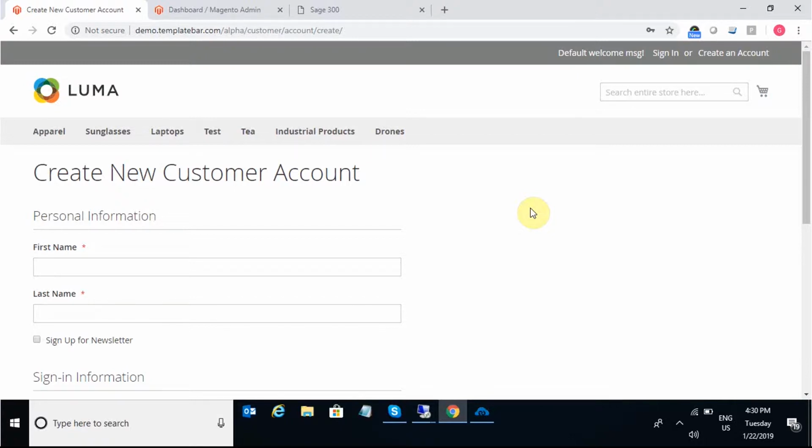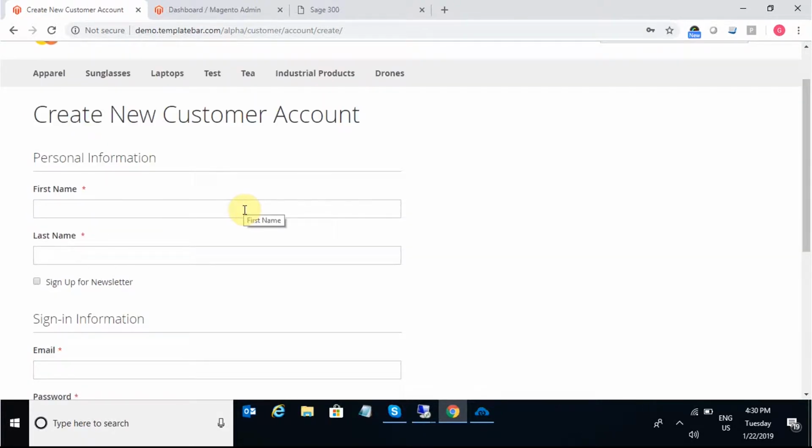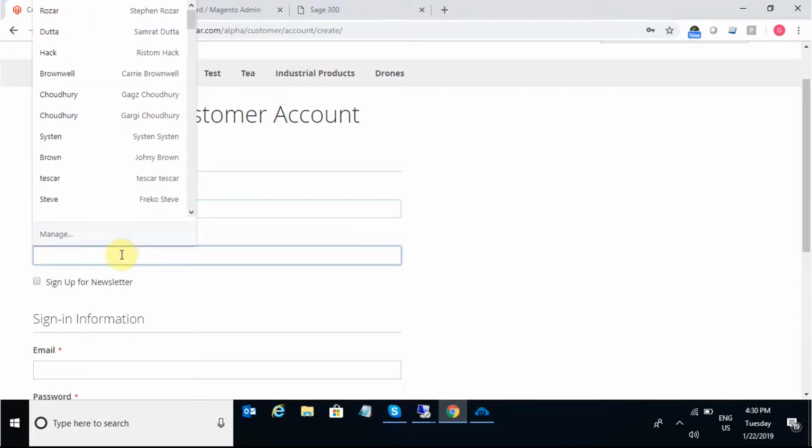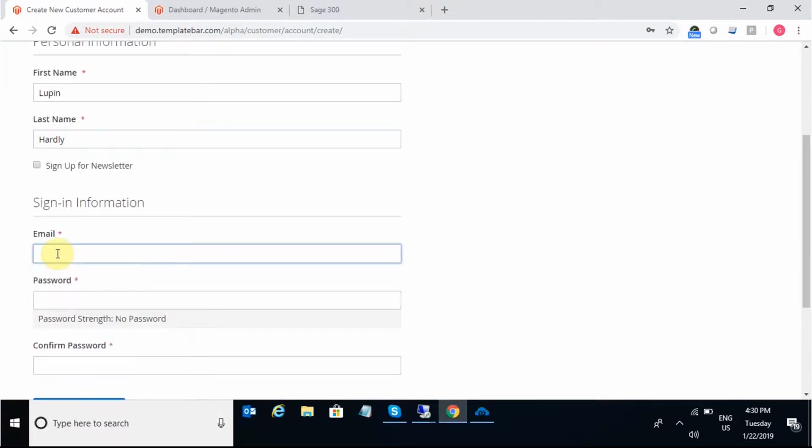So let's create the customer first. Let's start the process with the synchronization of the customer. For that I have to create a new customer. I have to provide the details regarding the new customer, the first and last name, and all the mandatory fields like the email ID and the password,